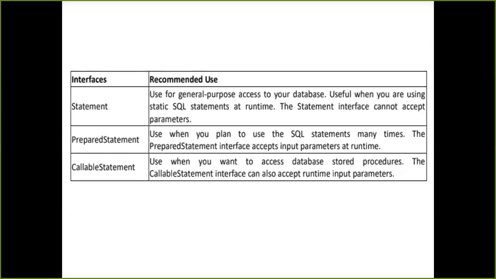So I am not taking values directly from the client at runtime. I am passing the values statically, that is manually, to my database. For that you have to use the Statement interface. Now if you want it the reverse, you don't want static SQL statements or values that are not coming from the client interface at runtime.